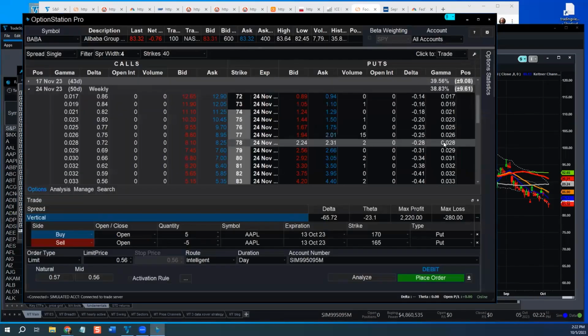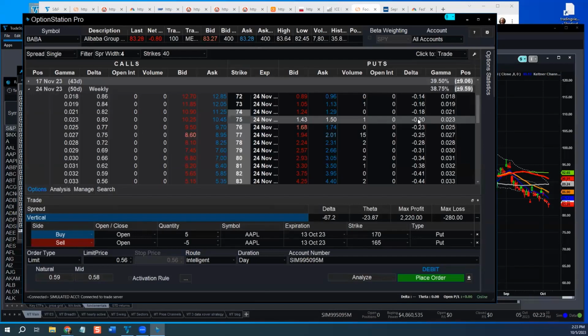Now, the advantage of something farther out in time, farther out of the money, is that because of gamma, as the stock moves in your direction, the delta increases. So the leverage will move in your favor as the stock moves in your favor. And if it goes the other way, you still don't have a lot of delta hurting you, because if it goes up $1, these options will lose 20 cents. Now, you don't want to lose that much, but at the same time, it's not a huge amount of delta that goes against you. So the idea of something like this is you have time on your side and you have